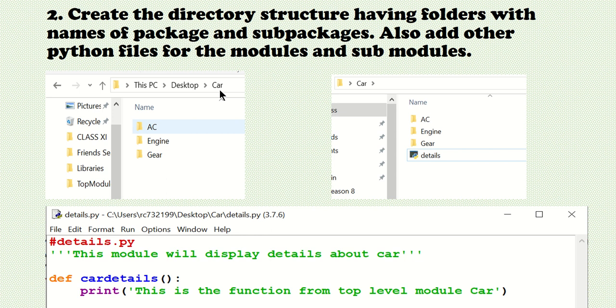You have to be very careful while naming the folder, because these are the names you are going to use. These are the names of modules. When you write import math, it is nothing but a folder name, and in that folder you will have a number of submodules. So whatever name you give, be very careful with it, because that is the module name for that particular package. And again, these are all the submodules.